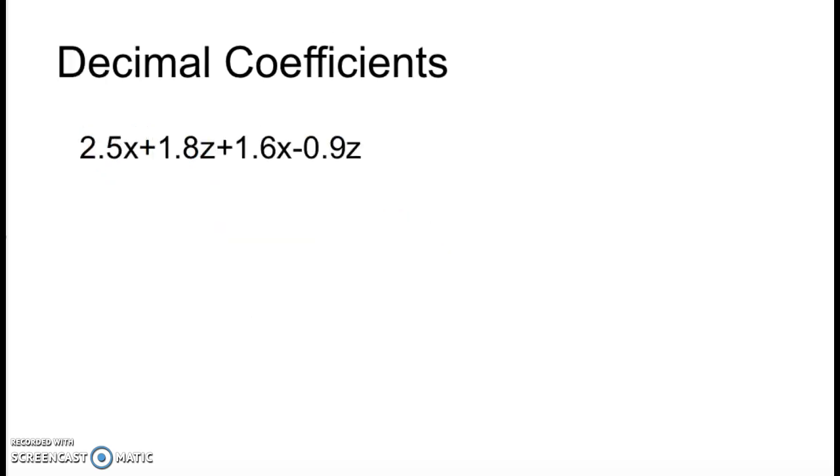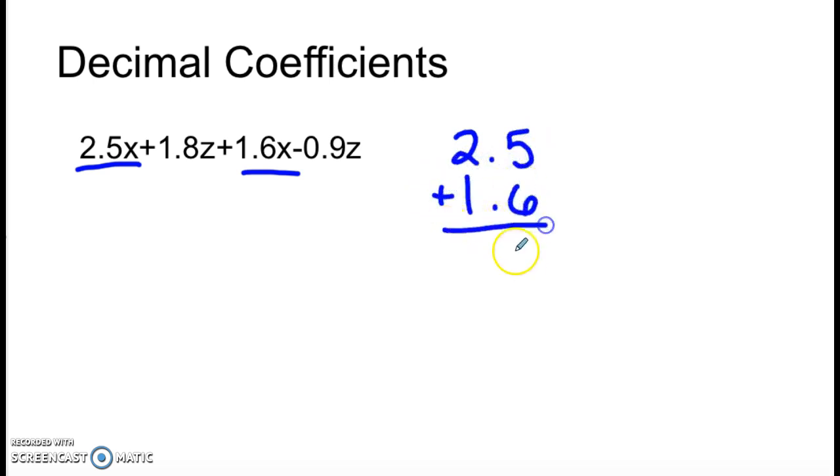Our third example includes decimal coefficients. First, we'll start with our like terms that include the variable x. So I have 2.5x and 1.6x. Remember when adding and subtracting decimals to line up your decimal place. So we have positive 2.5 and positive 1.6. We add. We get positive